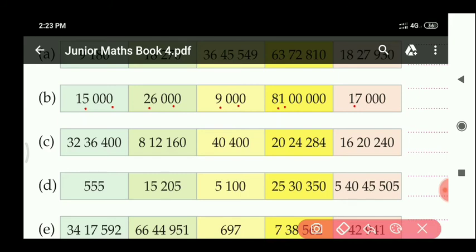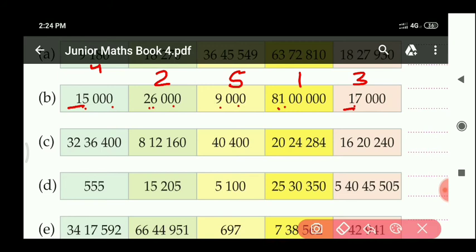So we are finding descending order. So we have to write the biggest number first. In these, up to 10 lakh it will be the only biggest number, so write 1 upside here. Now check up to 10,000, because 10,000 is bigger by the thousands place. So 26, 15 and here is 17. 26 is the bigger number, so write 2 upside. And here 10,000 plus 15 and here is 17. So 17 is bigger, so write 3 here. And here 15 will be the fourth one. And the last one, what is left? 9,000. So write fifth here.